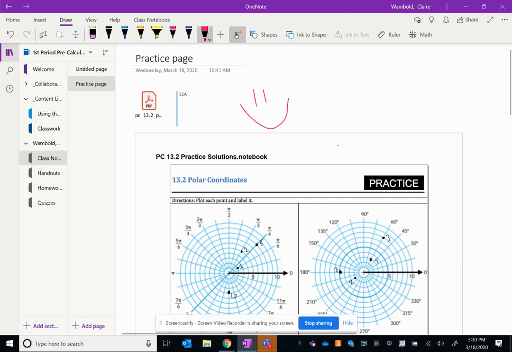So if you're doing your work here in OneNote, you do not need to submit anything to Canvas. You do not need to send Mr. Smith an email letting him know you finished it. It will all be right here. He will be able to check into your notebook and find this, see what you're doing, and give you some feedback. Okay? So if you have any questions about any of this, talk to Mr. Smith first,